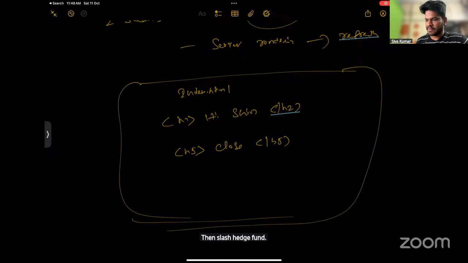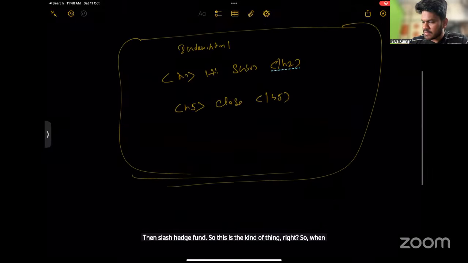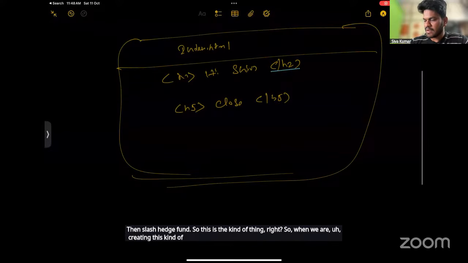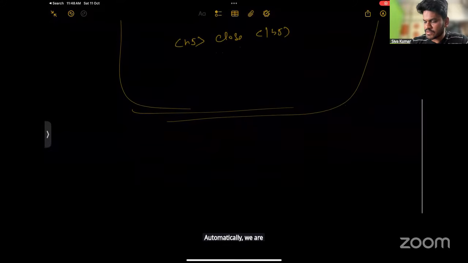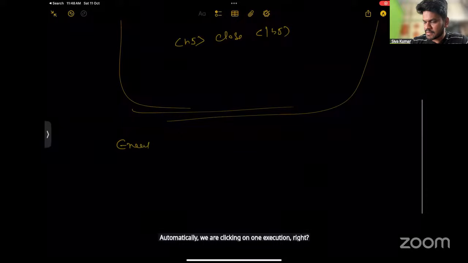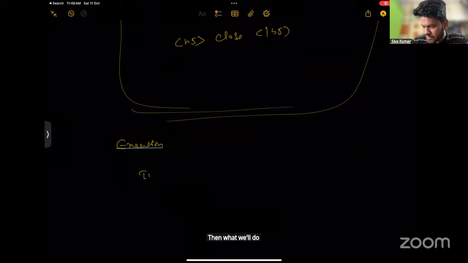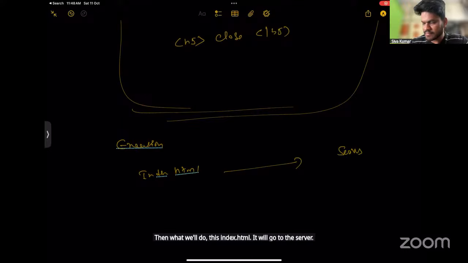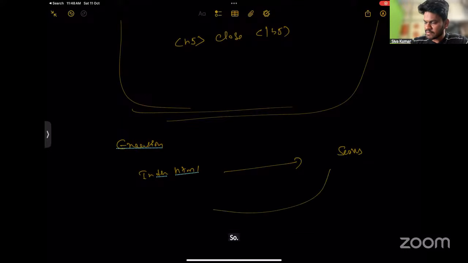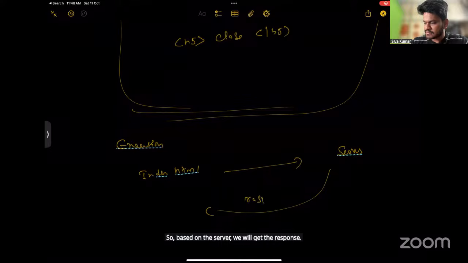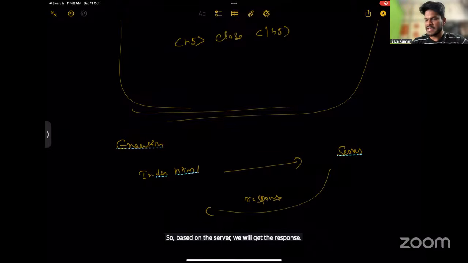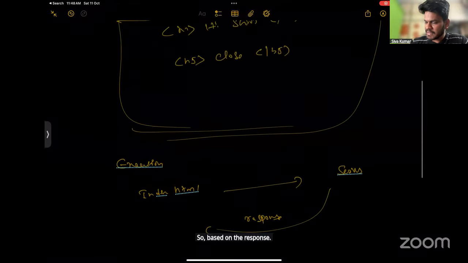So when we create this kind of application, we click on the execution button. Then this index.html goes to the server. Based on the server, we get the response. Based on the response, it displays in the browser.